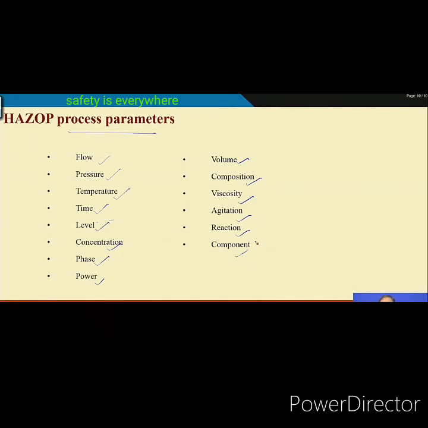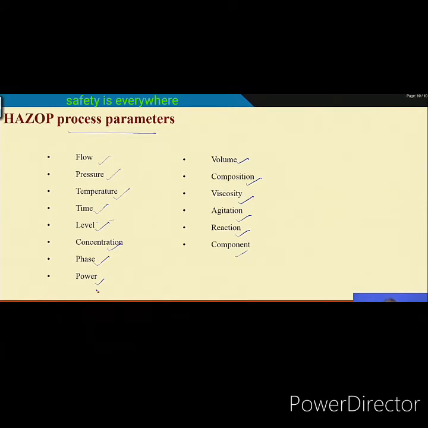All may not be applicable to your study node. Some will be applicable, like I say the pressure tank is the study node, pressure is applicable. Temperature may not be applicable, do not go for this. If I go for that pump, maybe here flow, pressure, temperature may not be important, time is important with reference to this pump. Okay. Maybe power is important, because if it is high power, low power, problem will be there.